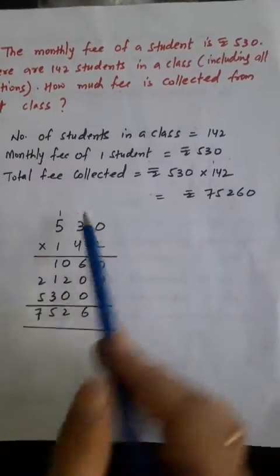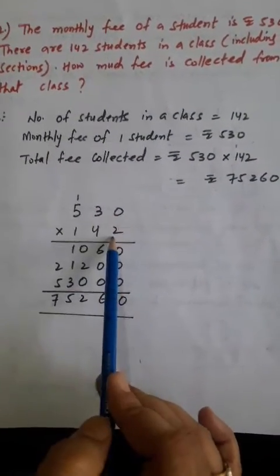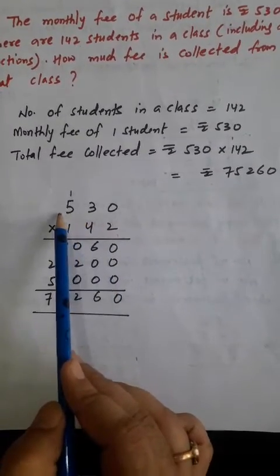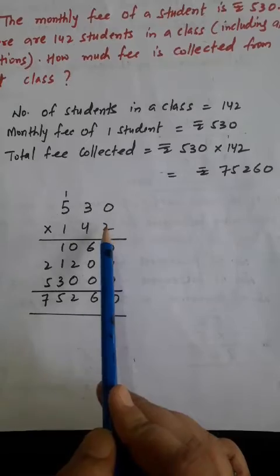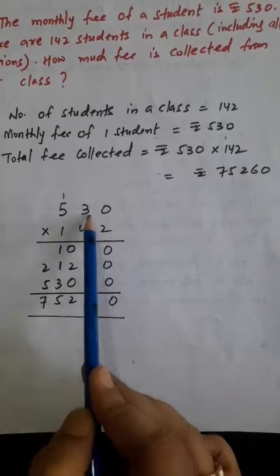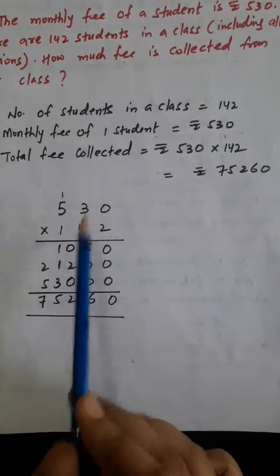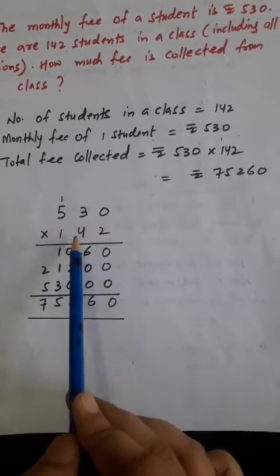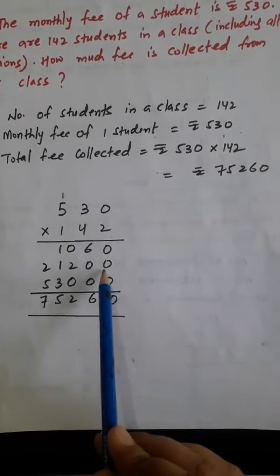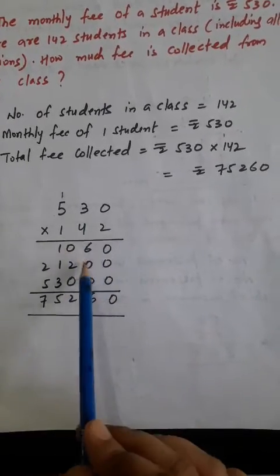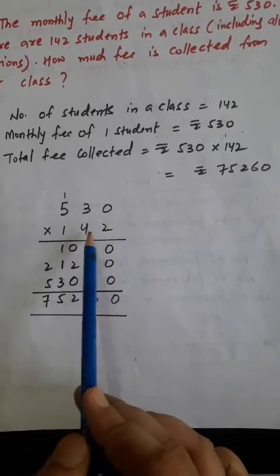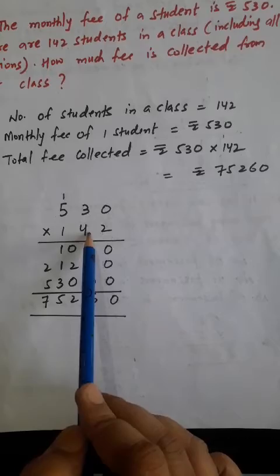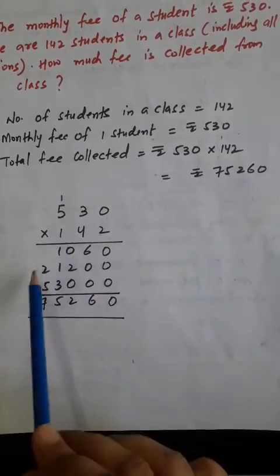So we multiply here 530 multiplied by 142. First 530 को मल्टीप्लाई करेंगे 2 के साथ, 2 0s are 0, 2 3s are 6, 2 5s are 10. Now you multiply 530 by the number at the tens place, that is 4. 4 zeros are 0. First we have to write 0 here, then multiply. 4 zeros are 0, 4 3s are 12, carry 1, 4 5s are 20 plus 1, 21. Now you